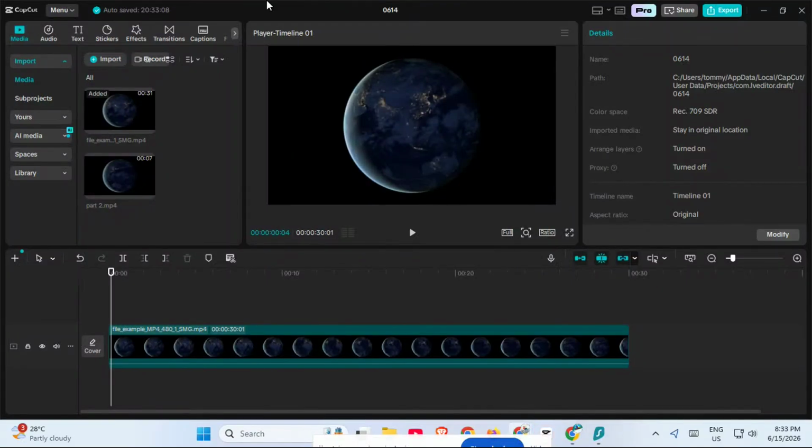If you want to freeze or pause a video in CapCut, you're in the right place. In this quick tutorial, I'm going to show you exactly how to stop your video on one specific frame, create that pause effect, and then adjust the timing so it matches your edit perfectly. This is super useful for highlighting a moment, adding text, creating emphasis, or making your video feel more polished and